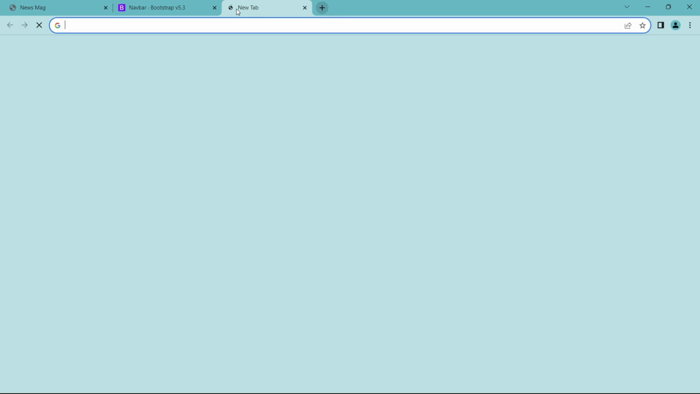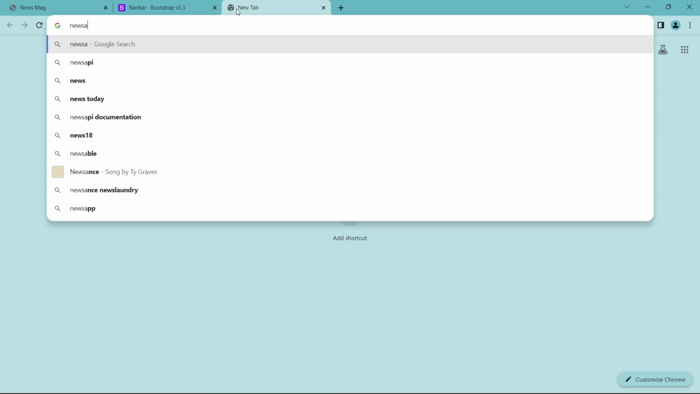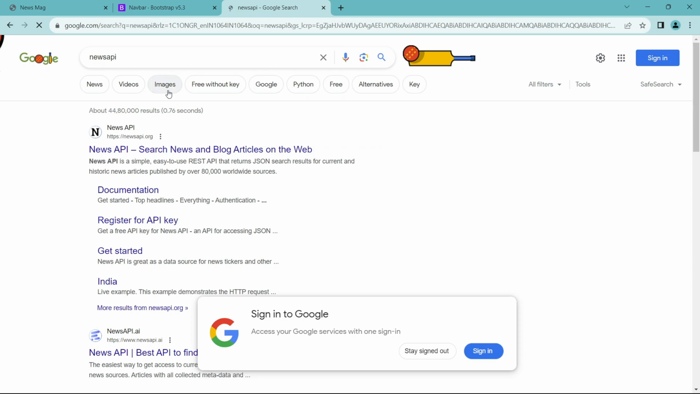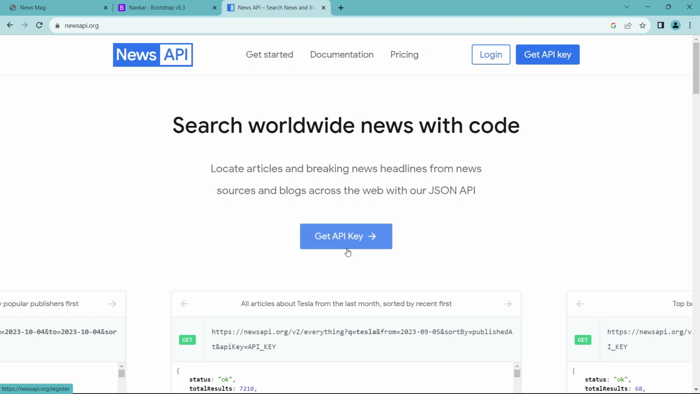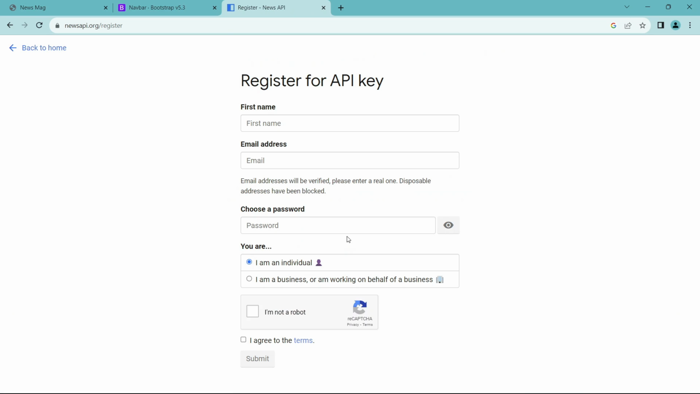Now we will create an API key from the News API and we will store it in an environment variable. So we will open a new tab. Here we will write news API and we will open this link. So here we have to click get API key. Here we have to fill the first name. Here we have to write the email,